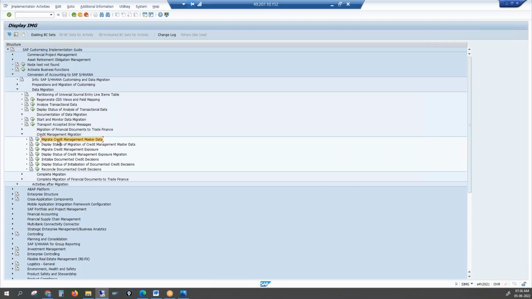So your credit master data has to be taken care of, then your credit exposure data and your credit decision data. All these three have to be converted. And for all of this, we also have something called a status as well. It will also show the status. So first it starts with the credit management master data, which is nothing but converting your FD32 to